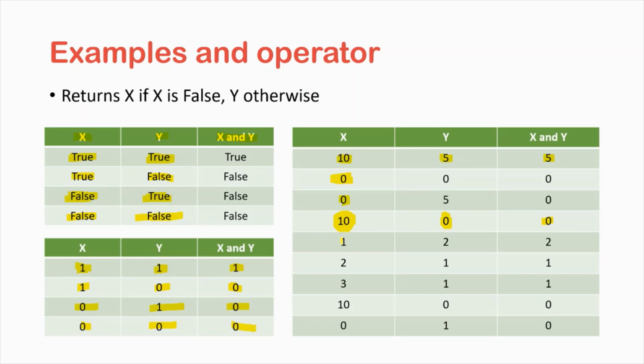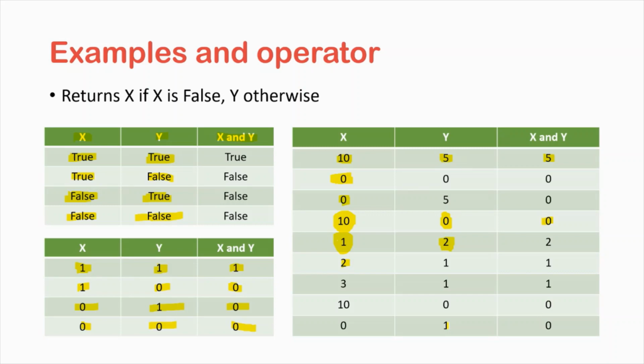Now in the second statement, x is 1. So before checking y, we can't tell whether it will return true or false. After checking y, we see that it is also a true statement because it is greater than 0. So it will return true, but the y value, because we are at y. Same here: 2 and 1, it will return 1; 3 and 1, it will return 1; 10 and 0, it will return 0; 0 and 1, it will return 0. This is all about the AND operator. We have already seen all the examples of the AND operator.